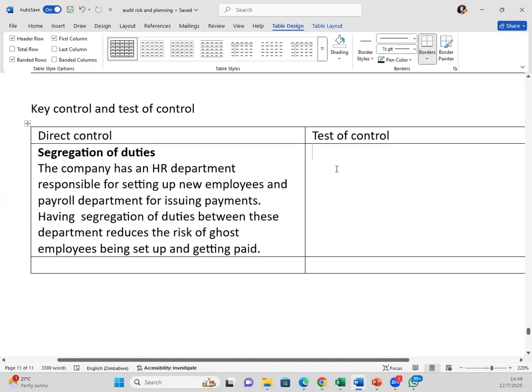But how do you test now that this is what is taking place? That's where you remember the AEIOU. Ask yourself, can I compare anything? Can I inquire? Can I inspect anything? Can I observe? Can I recalculate something? So in most cases for controls,